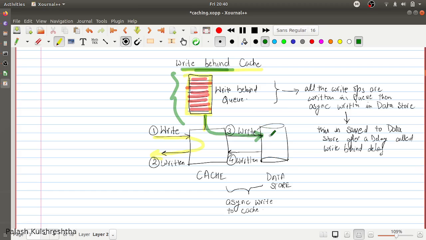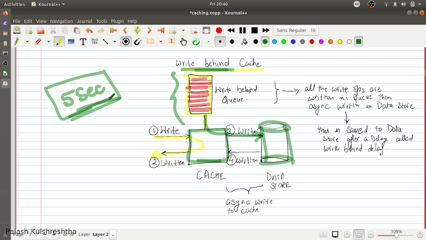So your data store is going to be, for example, let's say you flush your write behind cache after every 5 seconds. So your data store is going to be at max 5 seconds behind your cache. So in the very worst case scenario, if your cache crashes and you're not able to recover the data, then you're going to lose only 5 seconds of data. So these systems are written with these types of scenarios in mind, but still, if there's a possibility, then you're going to lose only write behind time delays of data.